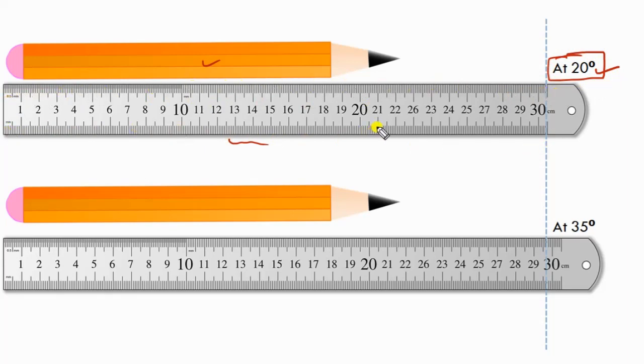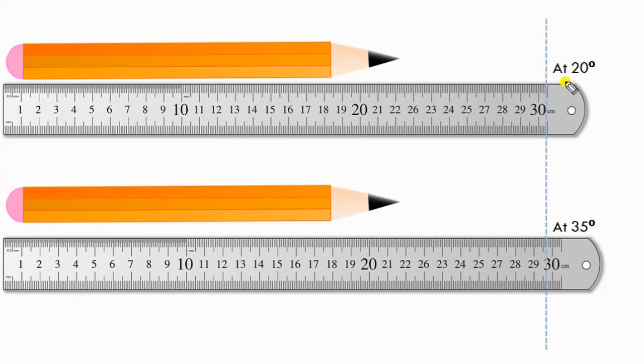Now, I know that this scale is made up of some material that expands with increasing temperature and contracts with decreasing temperature. So what will happen? As the temperature increases from 20 degrees Celsius, the scale will expand and the markings on it will also expand along with the scale. While as the temperature decreases from 20 degrees Celsius, the same scale will contract and hence the markings on the scale will contract along with it. So how would it affect our measurement?